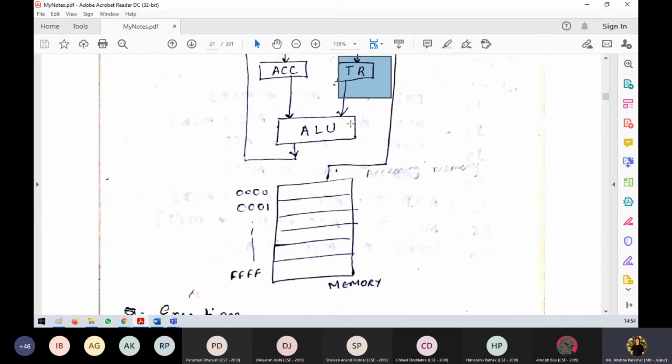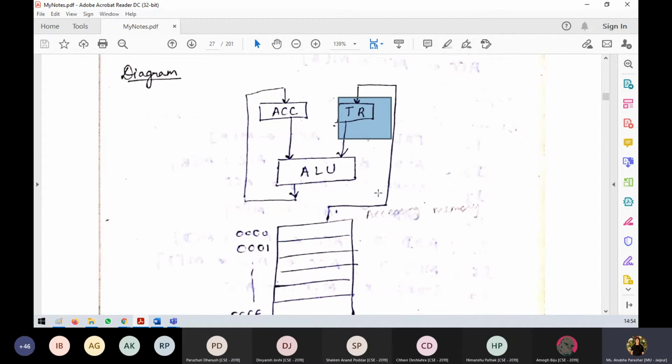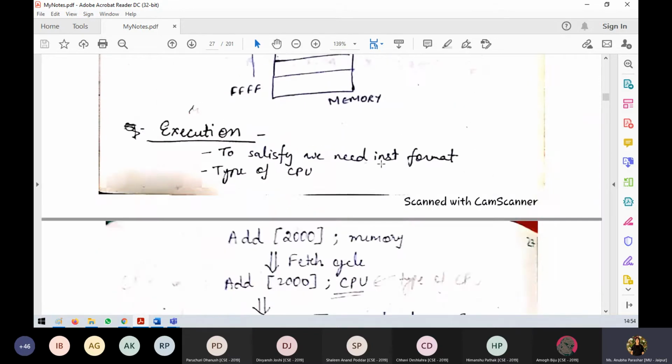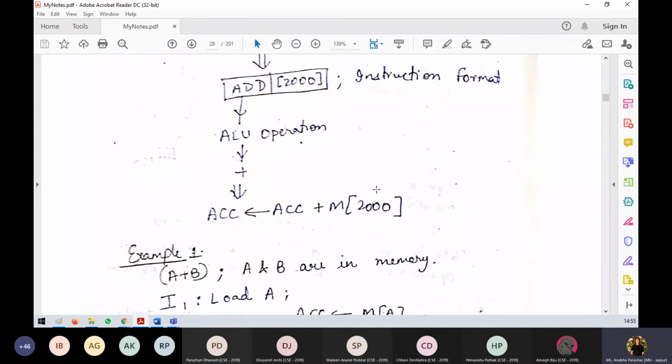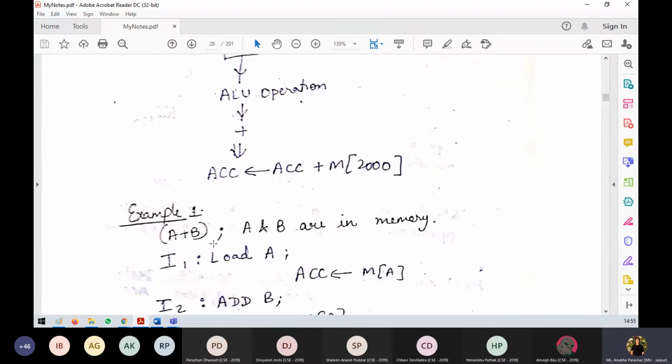Because it will consist of the address of the memory and there the data is. So this is not the direct data. Where we can find the direct data, if it is a temporary register, then we can find the direct data. We just need to write the value of temporary register. Now let's take one example.